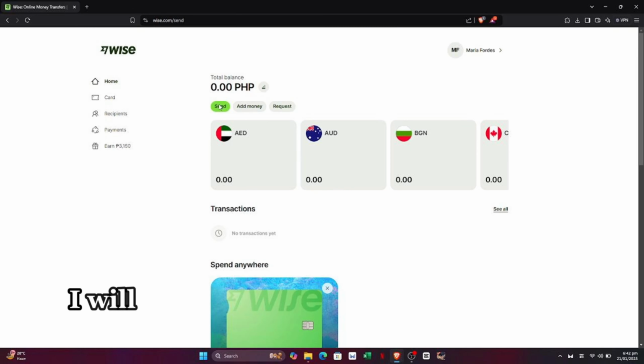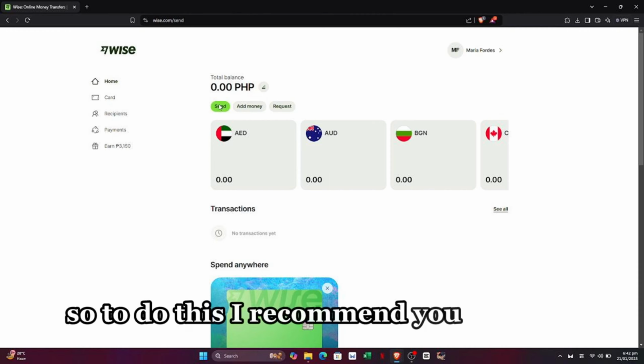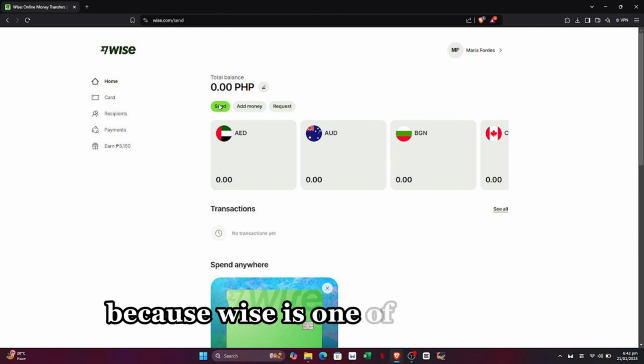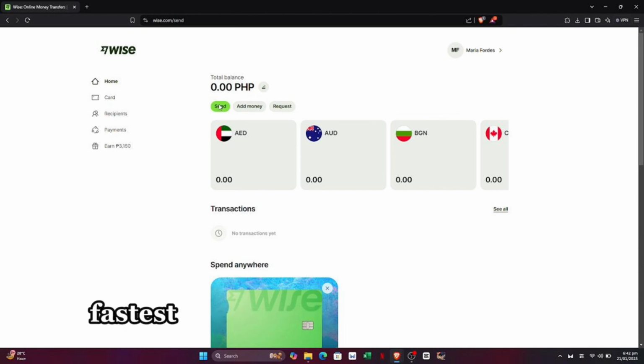In this video, I will show you how to transfer money from India to Bangladesh bank account. So to do this, I recommend you use Wise because Wise is one of the easiest, fastest, and cheapest ways